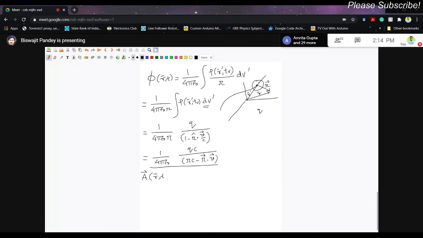Because for the vector potential, the only difference is that there should be a current density, right? Mu 0 by 4 pi, if you remember, and then we have current density J(r prime, tr) over curly r dv prime. With the same argument, we can write mu 0 by 4 pi and curly r outside, and inside the integral, what is current density? Charge density times the velocity. So rho at r prime, tr, into the velocity at a particular location at a particular time. It's the velocity of the moving point charge, dv prime.